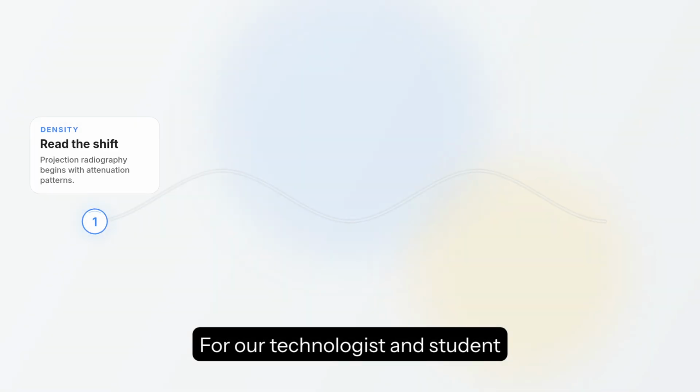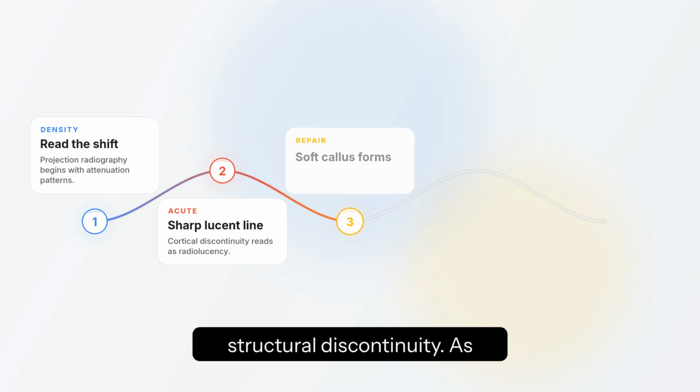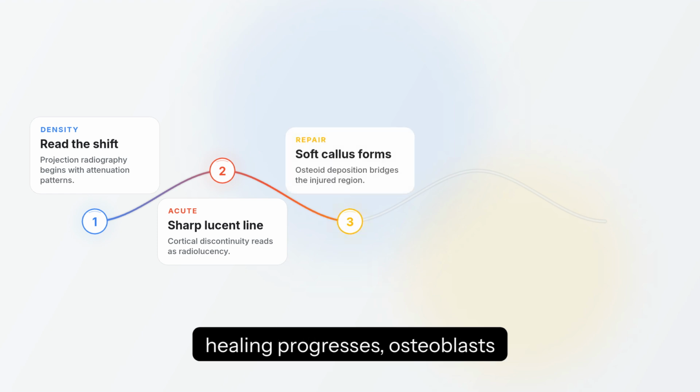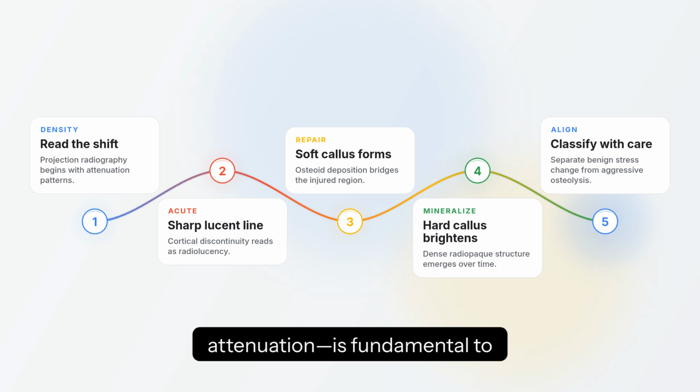For our technologist and student community, evaluating osseous pathology requires understanding density shifts on projection radiography. Acute cortical fractures appear as sharp, radiolucent lines due to structural discontinuity. As healing progresses, osteoblasts deposit osteoid tissue, creating a soft callus that gradually mineralizes into a dense, radiopaque hard callus. Recognizing benign stress fractures versus aggressive osteolytic lesions, which destroy bone matrix and decrease X-ray attenuation, is fundamental to diagnostic